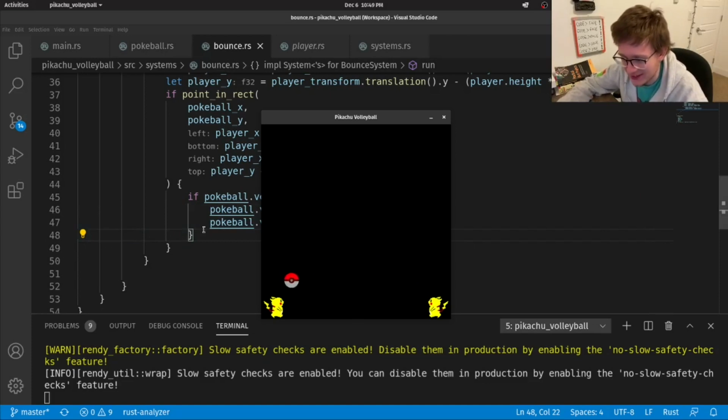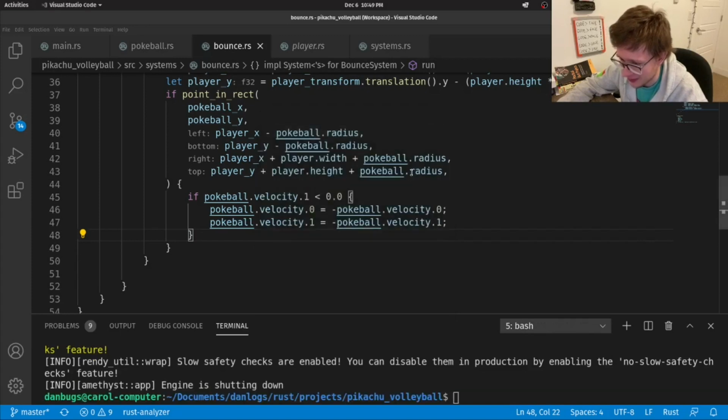I'm usually against adding randomness to things like this because, well, it doesn't take much skill to be random, right? But this is just for educational purposes, so it's a cheap game mechanic that we'll have to live with. And do note that the ball is falling slowly because of gravity, so its arc is becoming smaller and smaller, but still not enough of a change to make our Pikachu move. Anyway, let's close this and let's open this.